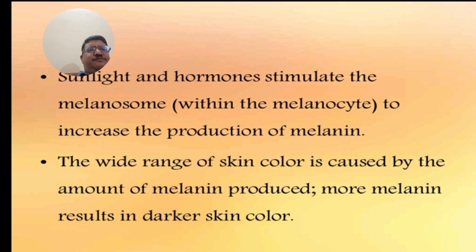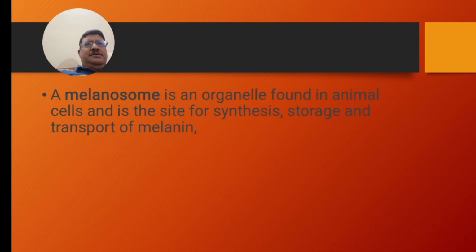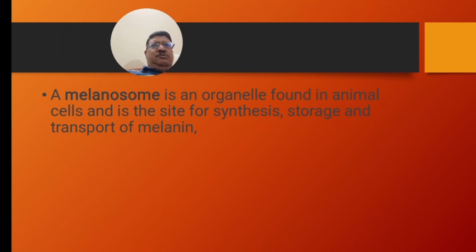The wide range of skin color is caused by the amount of melanin produced; more melanin results in darker skin color. So what is a melanosome? A melanosome is an organelle found in animal cells and is the site of synthesis, storage